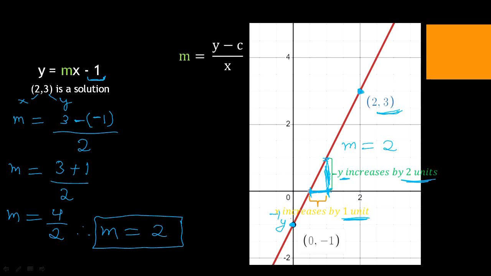Even if you see it at any other point, let's say I go from here to here 1 unit, the y value increases by 2 units, right? So the rate of change of my y is equal to 2, right? For every 1 unit, my y increases by 2 units. So the rate of increase of y is really 2. So that means my slope is 2, and so m is equal to 2, which really confirms my